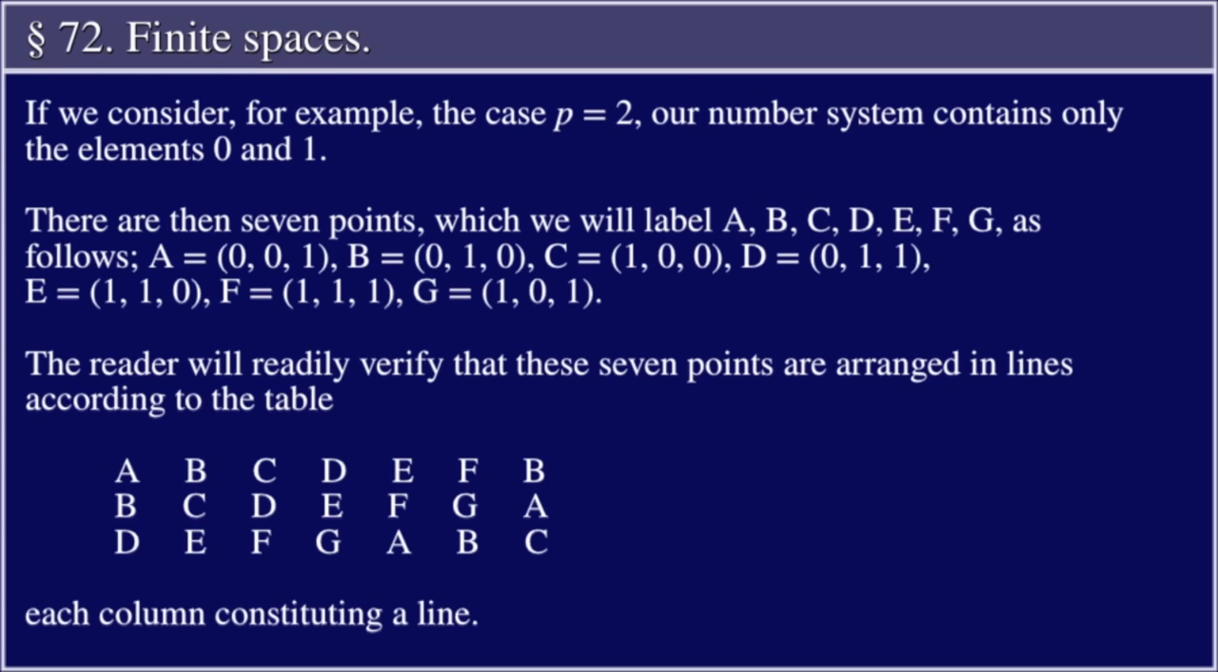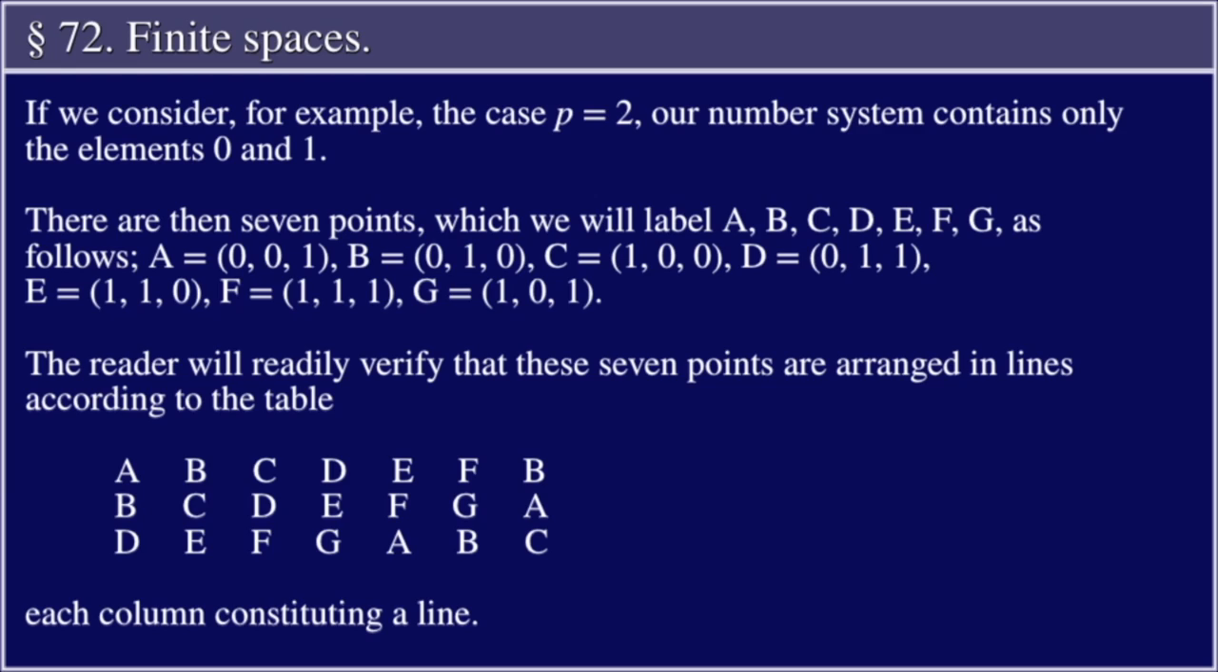If we consider, for example, the case p equal to 2, our number system contains only the elements 0 and 1. There are then 7 points, which we will label A, B, C, D, E, F, G as follows. A equal to 0, 0, 1, B equal to 0, 1, 0, C equal to 1, 0, 0, D equal to 0, 1, 1, E equal to 1, 1, 0, F equal to 1, 1, 1, G equal to 1, 0, 1. The reader will readily verify that these 7 points are arranged in lines according to the table by column: